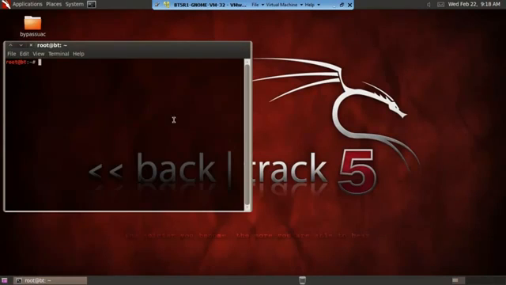I'm going to use Backtrack Linux, and of course there are other distributions you can use. Backtrack is just the easiest because it's pre-installed, everything's already set up, it's great. So we're going to change directories into pentest slash exploits slash